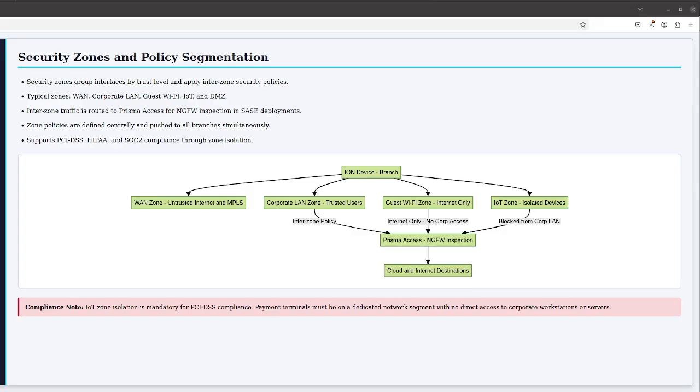The diagram on this slide shows a typical branch security zone architecture. Notice how the IoT zone and the guest zone are completely isolated from the corporate LAN zone. Traffic between them must pass through a security enforcement point. This isolation is critical for compliance with frameworks like PCI-DSS, which requires that payment card systems be isolated from other